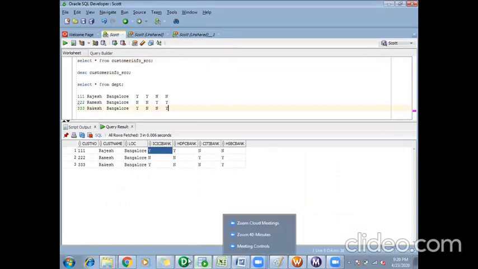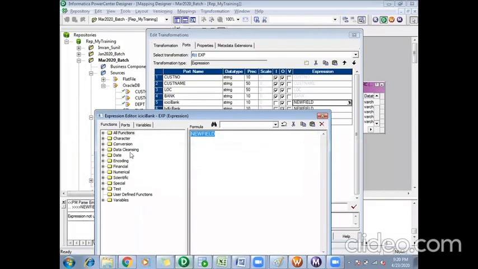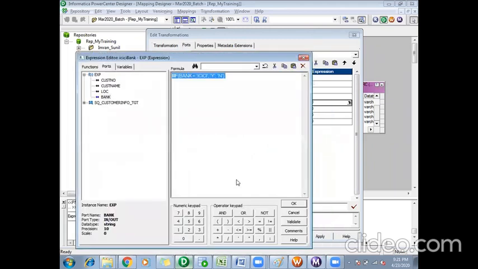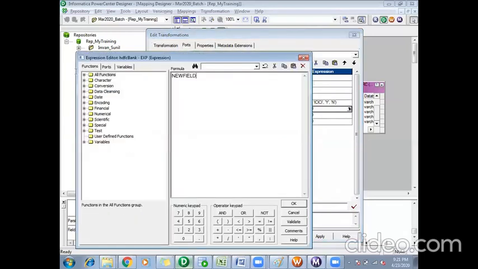So I'll add a condition: if bank equals ICICI, I will pass Y, else I will pass N. So that I'm assigning to the ICICI Bank. Same thing I'll do for other banks also.